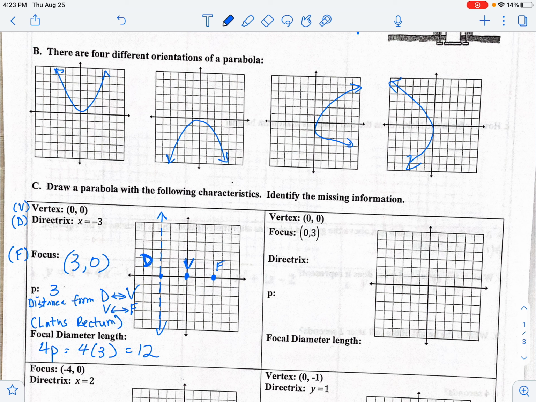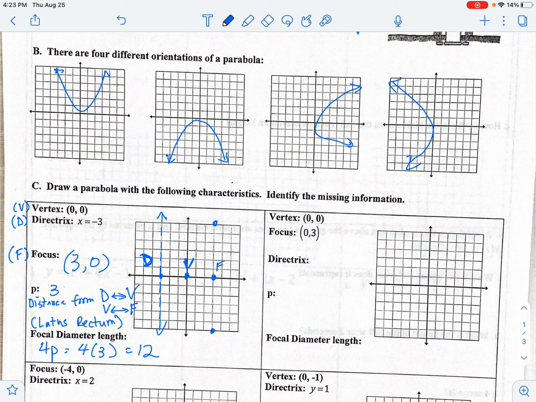Parabolas are symmetrical. So along my focus, this is how I figure out how wide it's going to be. I want it to be symmetrical. I want it to be 12 evenly. So it's going to be 6 on each side, 6 this way and 6 this way. And that's where I'm going to place my points